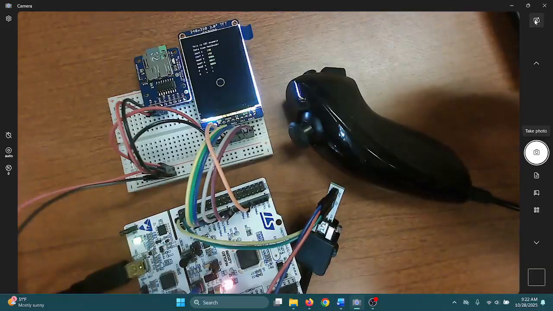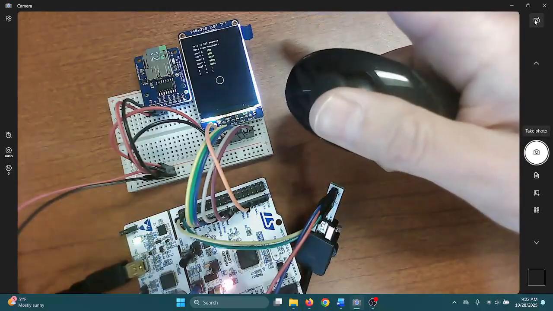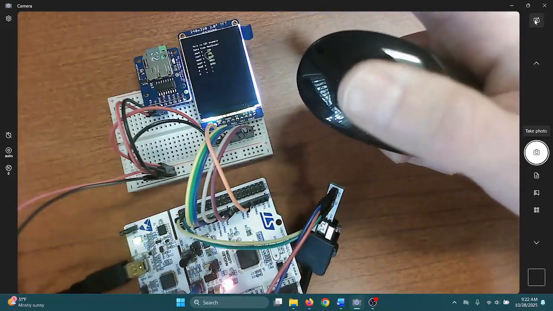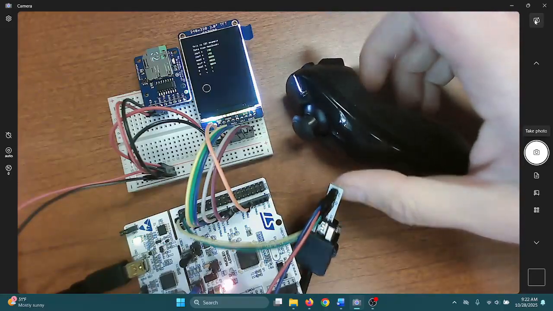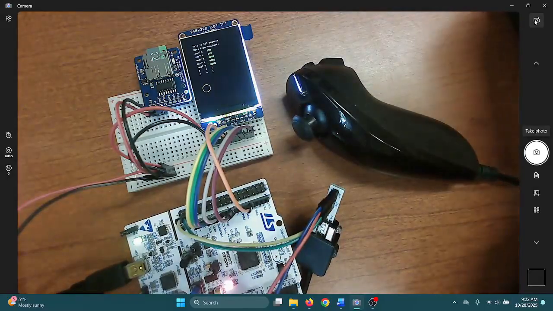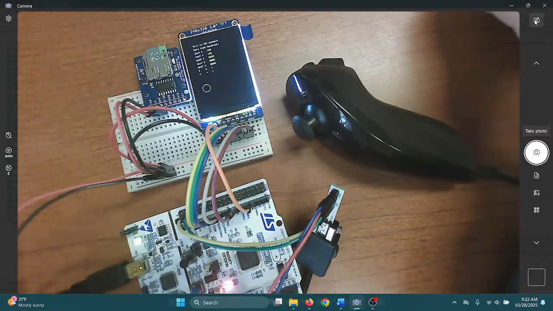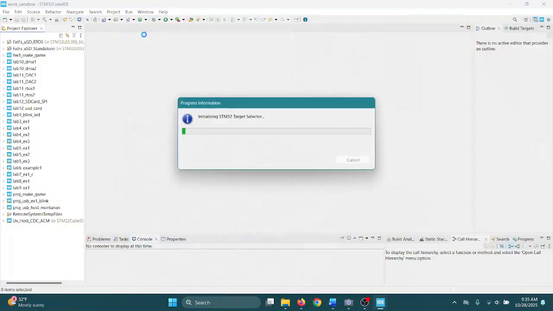At the same time, the joystick data is used to control the movement of a little circle drawn on the LCD display as well. So let's go and create a new STM project. All right, let's create a new project, new STM32 project,